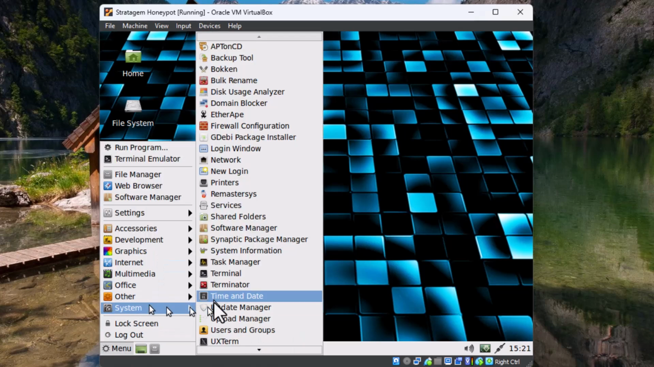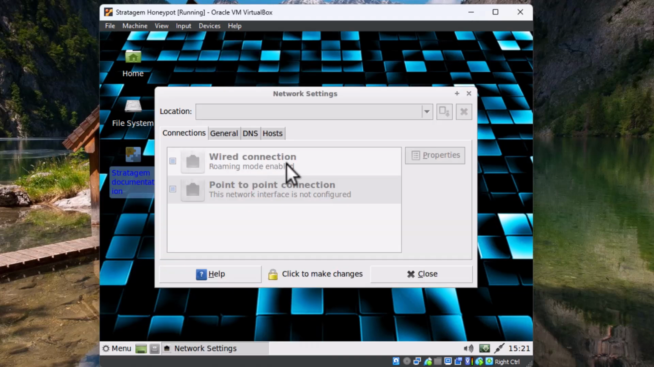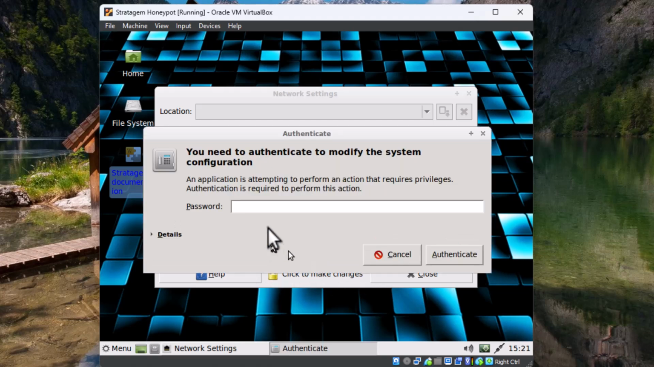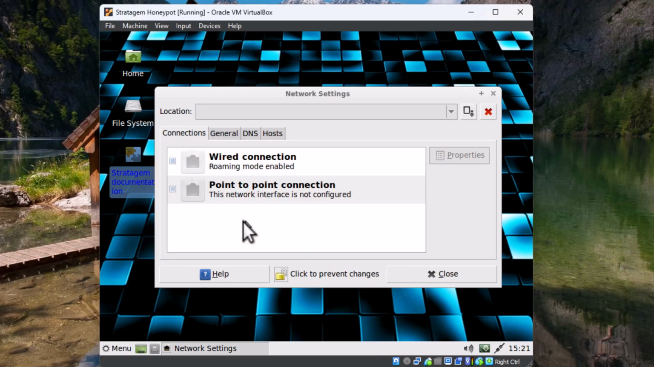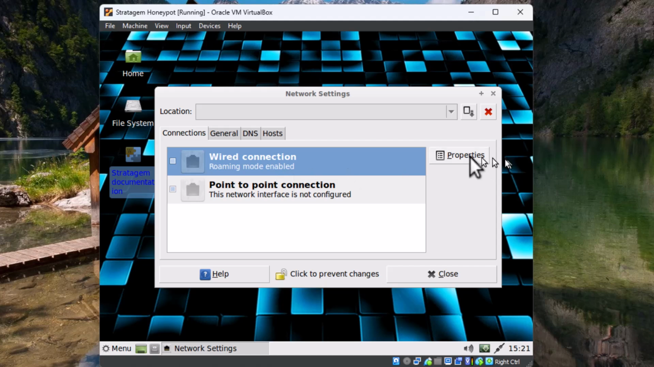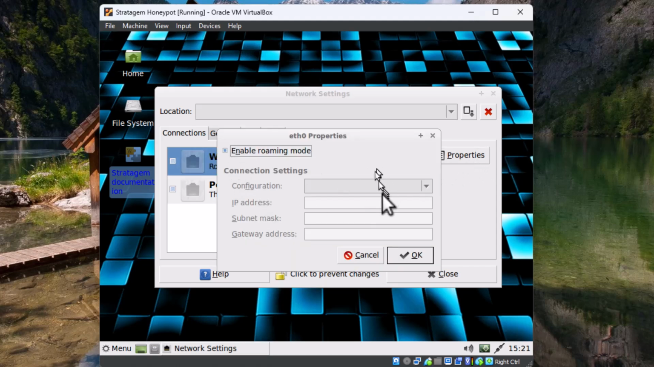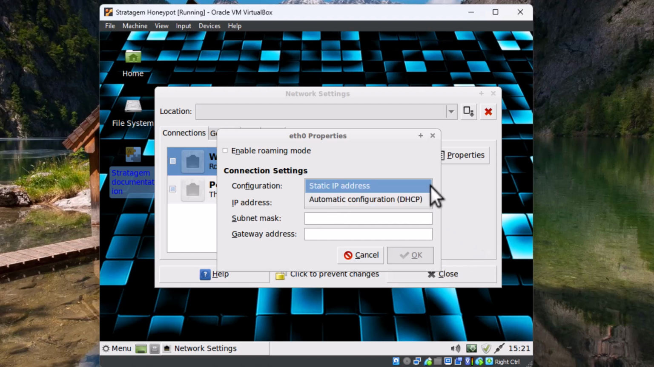So I'm going to go to System, Network, and I'm going to go ahead and do a wired connection here. Let's see, click to make changes, so I have to undo that. Type in my password of Stratagem. And I'm going to adjust this wired connection here. And I'm going to go to my connection settings. I unchecked enabled remote roaming mode here. And my connection settings is going to be static. That went really fast. You can see that I've got either DHCP or static. I'm going to go with static